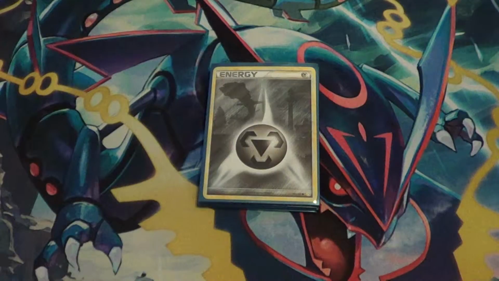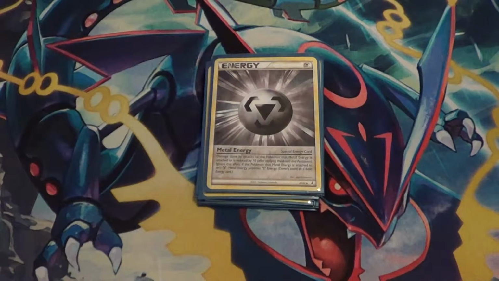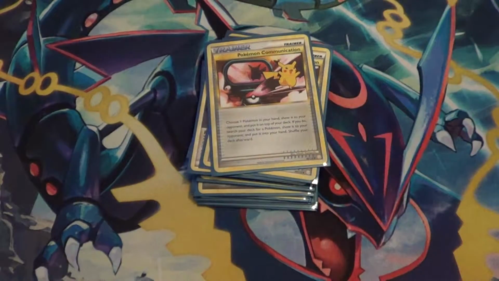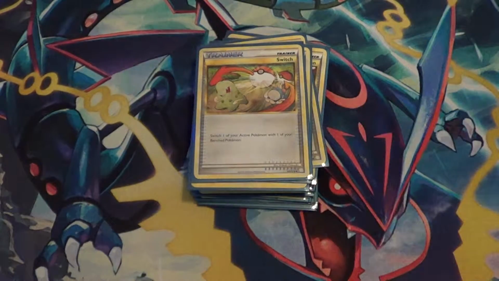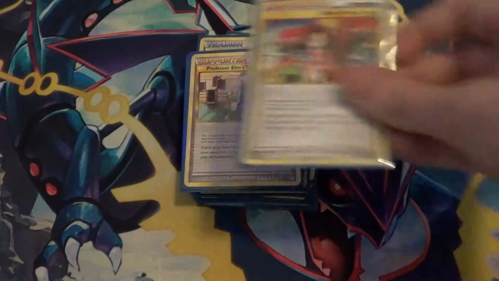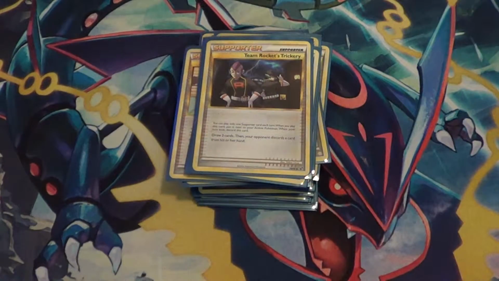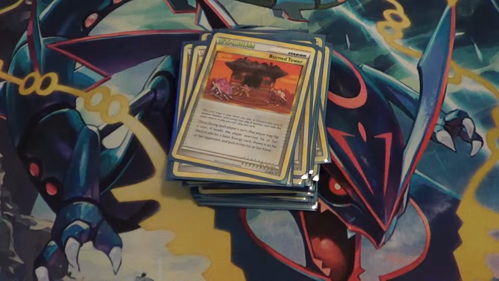And then, of course, you got 4 special metal energies, right? And then for more special energy swag, 4 rainbow energies, you get 2 Pokemon communication, 1 energy exchanger, 2 switch, you get a twins, as well as a Professor Elm's training method. You get 2 Flower Shop Lady, 4 Team Rocket's trickery, 2 Interviewer's questions, 1 Burning Tower, as well as 2 Furret,